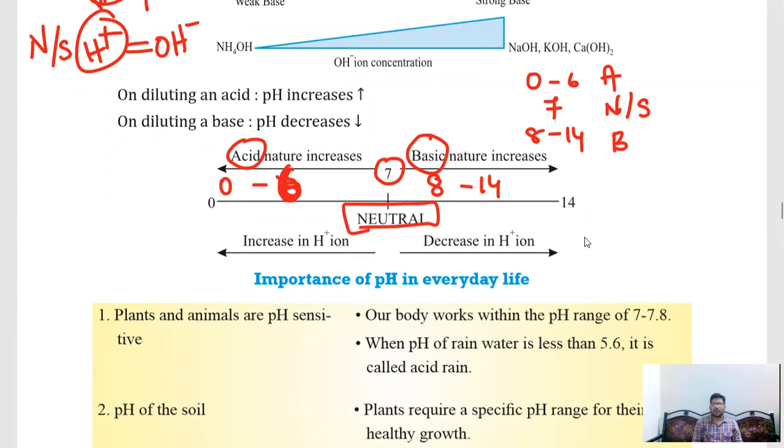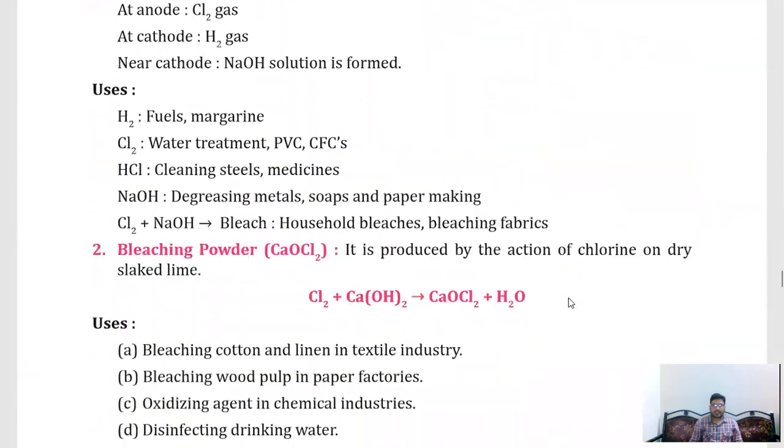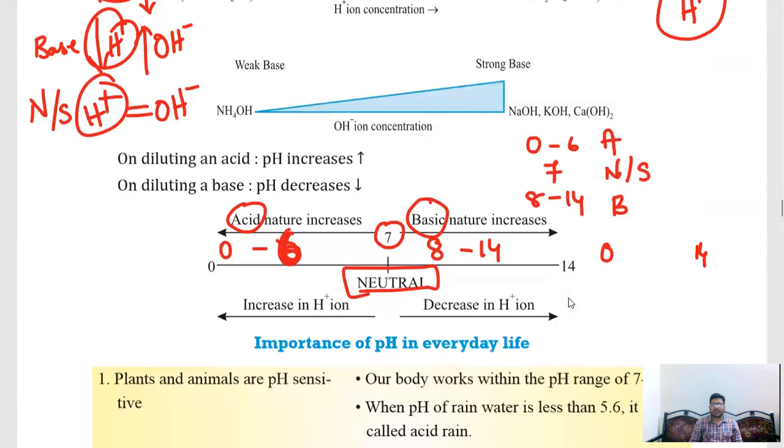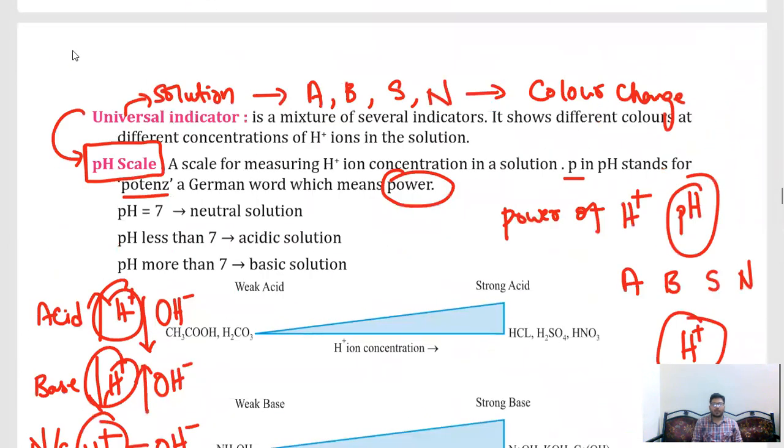What are those numbers? It is quite simple. We have numbers from 0 to 14. Each number is given a color. In the textbook you can find that each number is given one color. Now, we will take one test tube and consider there is one transparent solution we don't know. If you add 1 or 2 drops of universal indicator to the solution, the color will change automatically. According to the color, we will match it with the number.